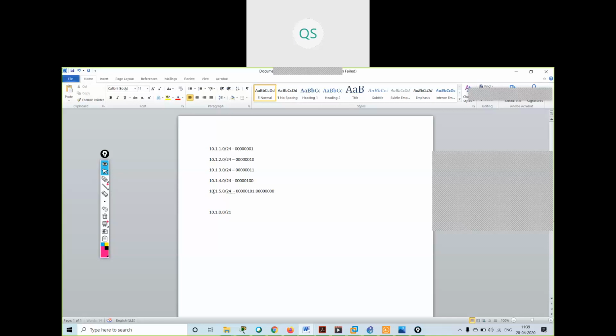Because these two octets are the same, having 8 bits the same. 8 plus 8, and in the third octet I have 5 bits the same. I will take these 5 bits and make the summary address. So this will be the summary address for this network, and this will be advertised to the router.